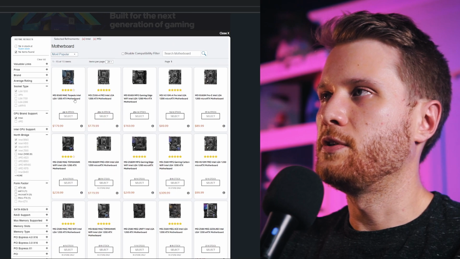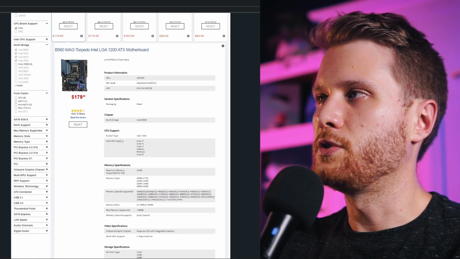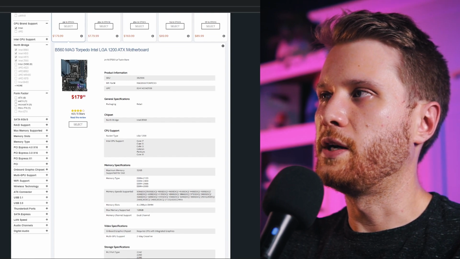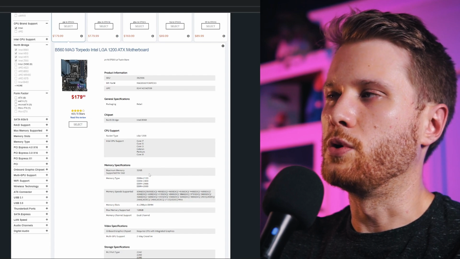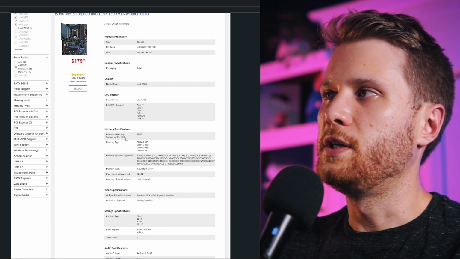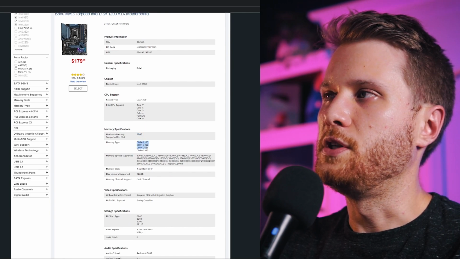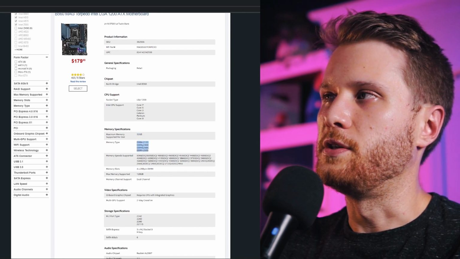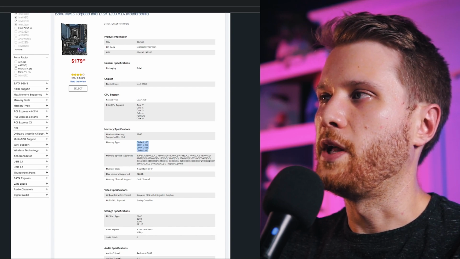Now, what happens is if you click these, you'll get all the specs twirling down. And what you can do is look at your CPU support. So let's say that we bought an i7, but we might want to upgrade to an i9. We see here that it supports i9, but the maximum memory supported here is 32 gigs, and we have the DDR RAM here. So we can see the different types and the different speeds of RAM that we have here